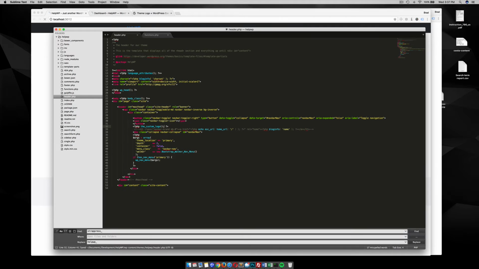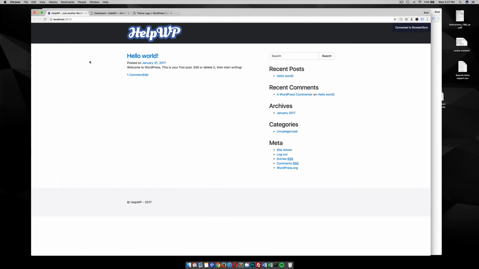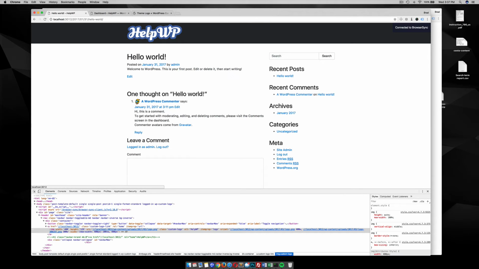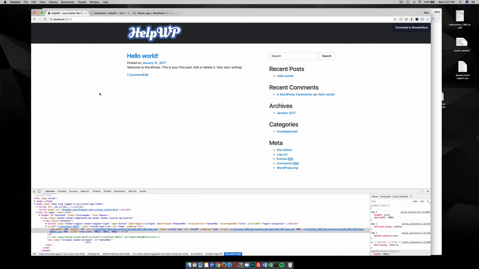So we do that, and you see in the background that the logo is added. Now if you inspect this element here, you can see that it wraps it with an A tag, and it's ready to go. So if you go to any of your posts and you click back on it, it'll take you back to the home page. So now what I want to do is add some code,